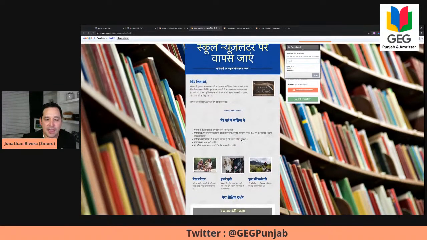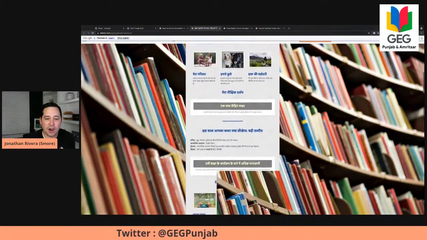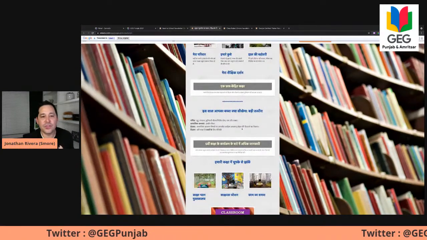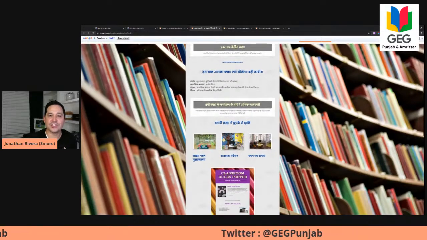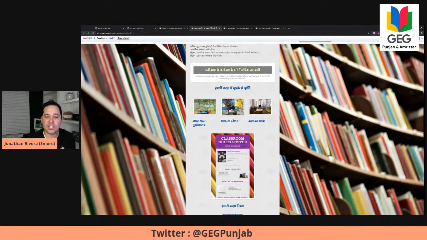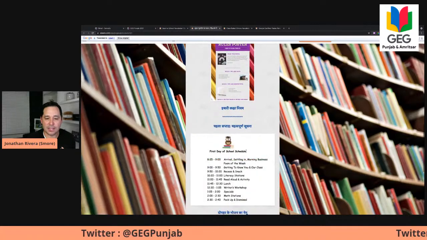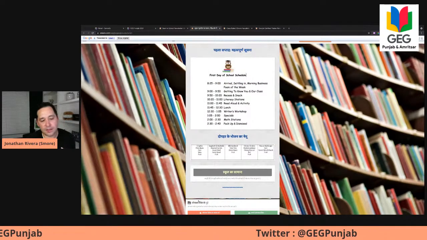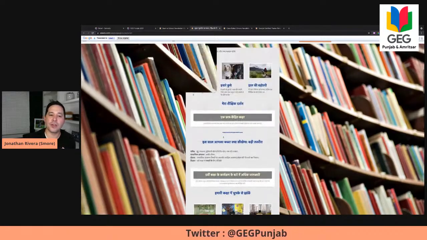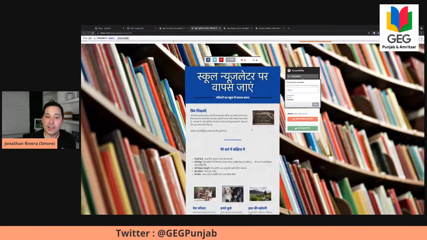And you can see that with a click of a button, it translates basically everything except for the images that you attach into your newsletter. All those things are translated automatically right here inside of your newsletter. The buttons and other places where we process information, all that is going to be translated.